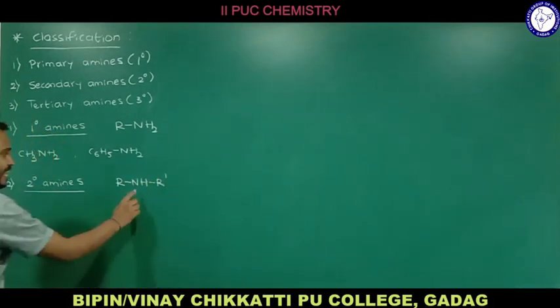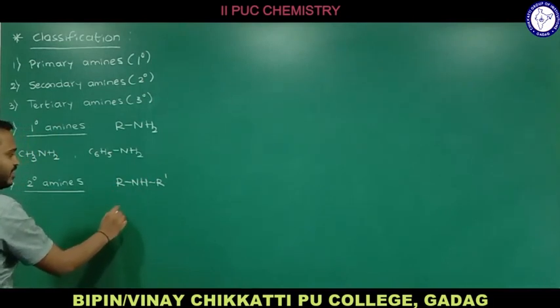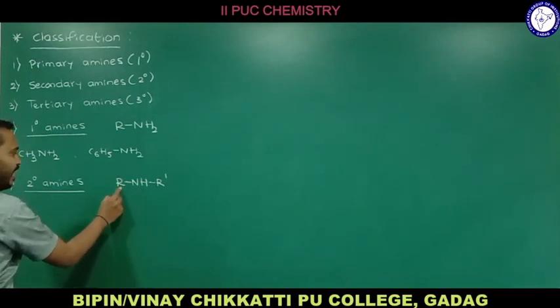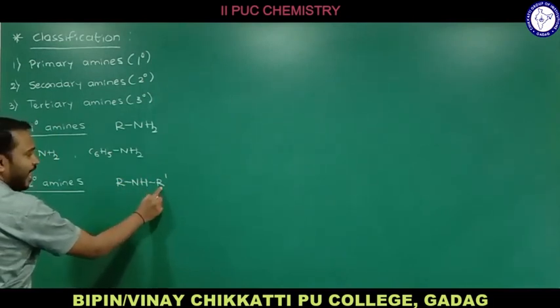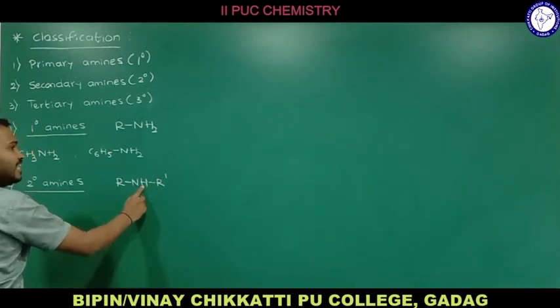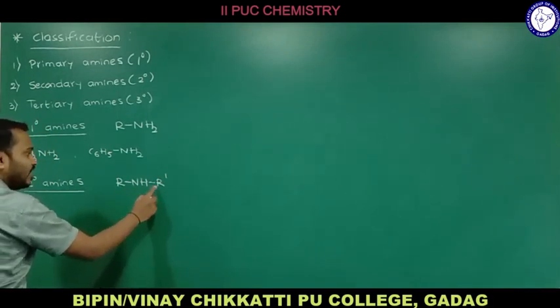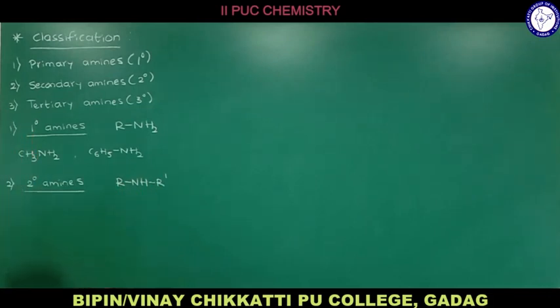Now see, NH3 is the original one, and one hydrogen is replaced by R, one more hydrogen is replaced by R', and one more hydrogen we have as it is. So RNHR' is the general formula for secondary amine. Now we will see the example for that one. Let me write that first. Now if you observe, CH3NHCH3, 2 hydrogens are replaced by methyl group,